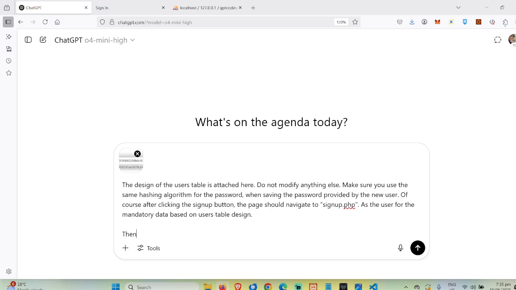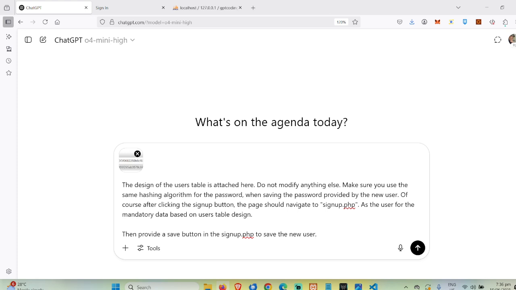Then provide a save button in the signup.php to save the new user.